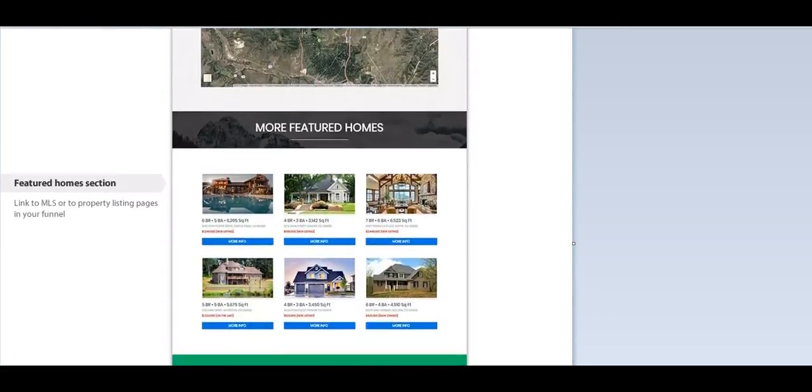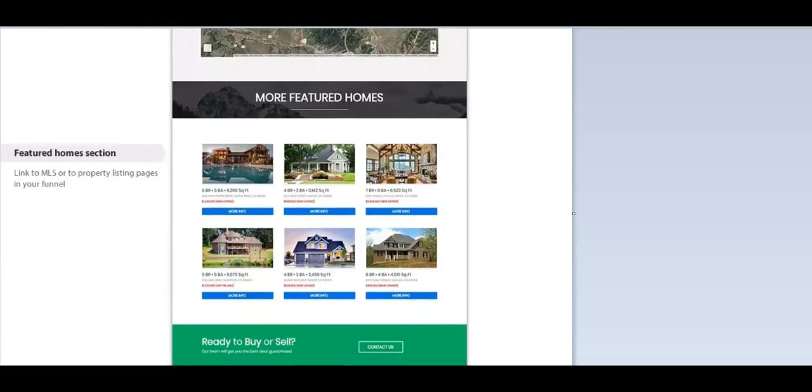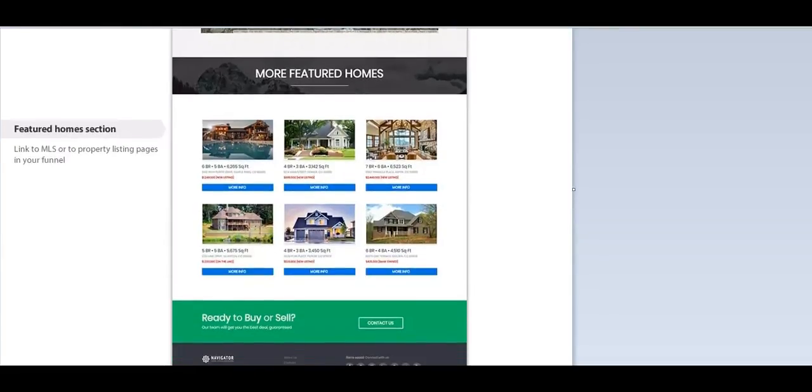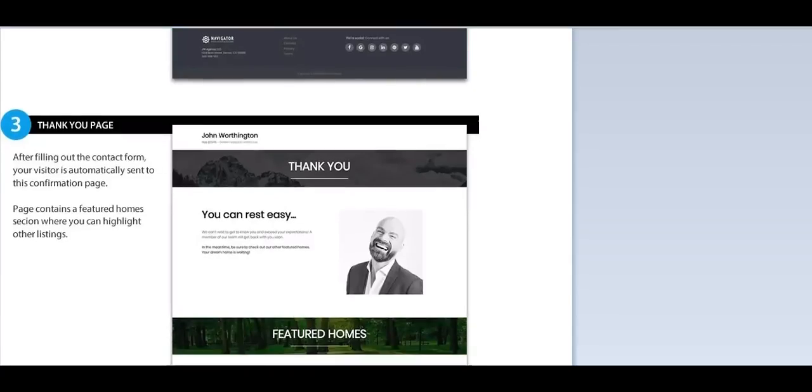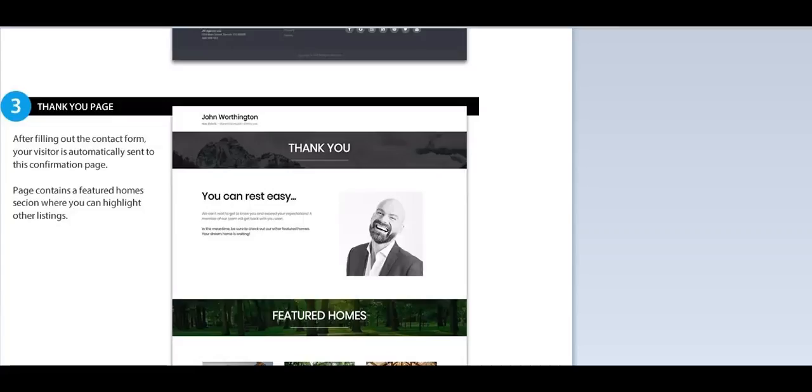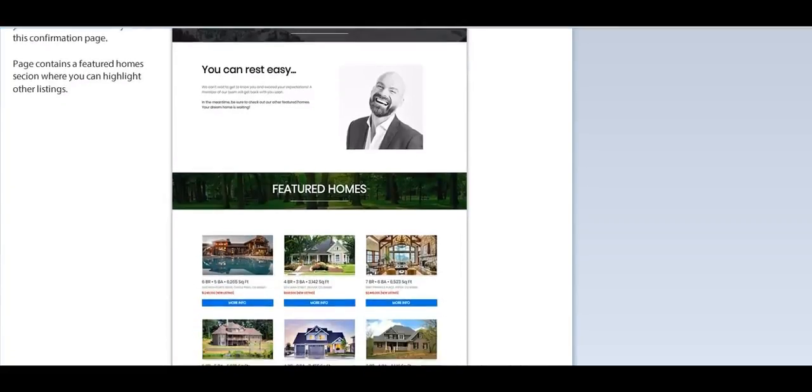Any other featured homes you have similar to that, obviously you would like to put on there, with links and everything. And again, another call to action at the bottom with a contact us form. And whenever they opt in, it comes with a thank you page that we set up for you, which we can put a link on to, let's say, book a call or any further things you want to put on there. And again, your featured homes,